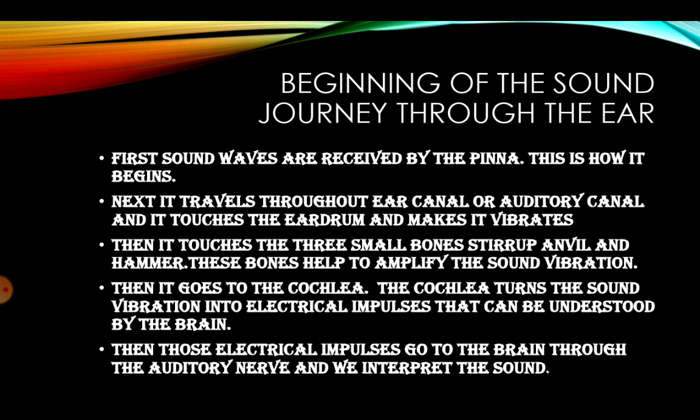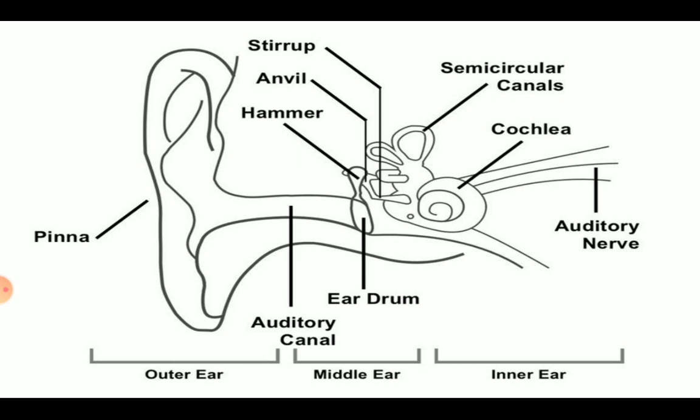Where does it start? First, a sound is made by vibration, and the vibration passes through the air. The very first thing that happens is the sound waves are received by the pinna. You can see the pinna just outside of the ear in the picture. When I'm pointing the red laser light, the pinna is where the sound waves are being received, and this part is in the outer ear.